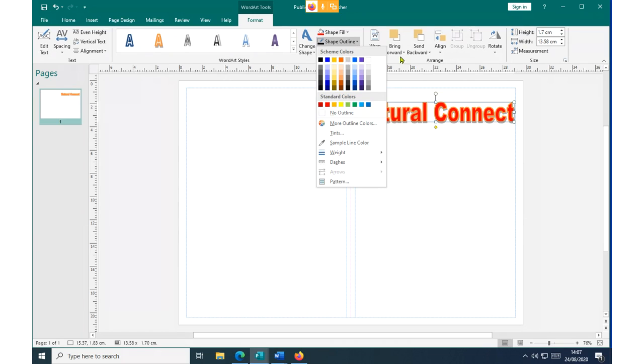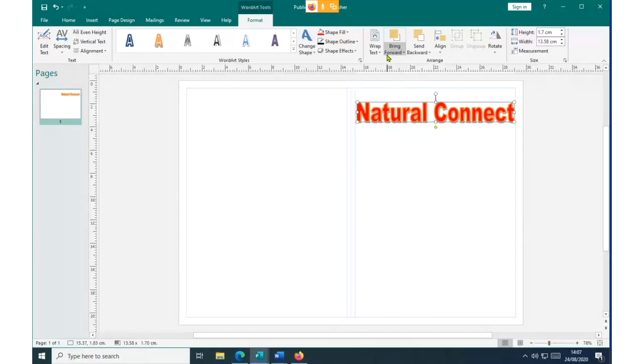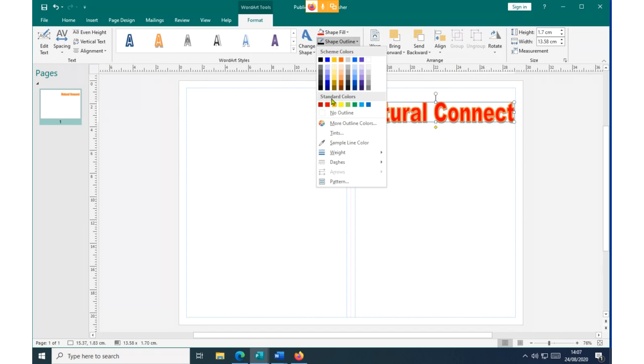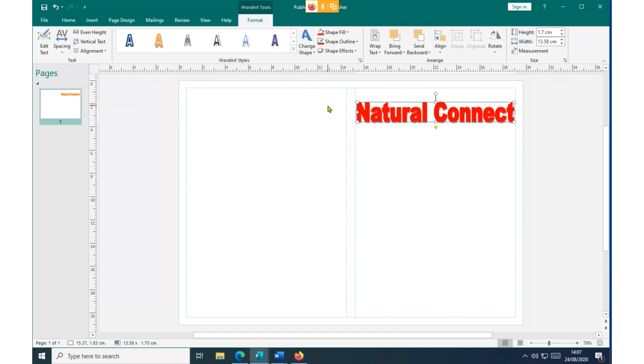Before I proceed, let me explain the term outline. You see, inside here we have the red color, but outside there is some kind of a color which is not red. That is what we call the outline. The outline is like the border of these letters. You can also change that border by picking the color you want. Like now, you see I put red, meaning that now the entire color becomes red. So you should be very keen on that.